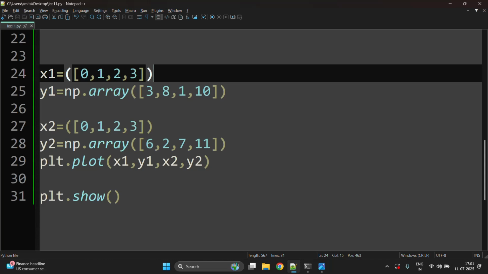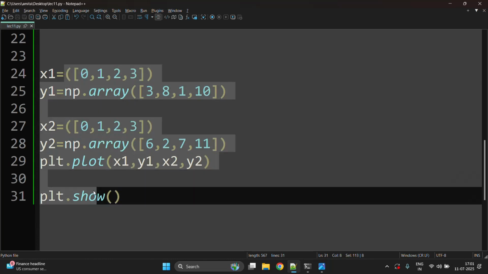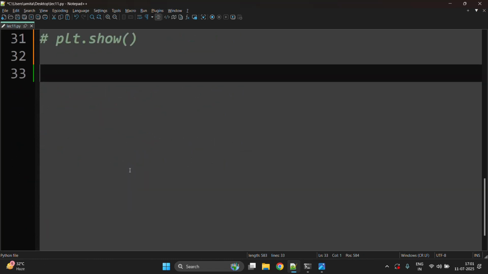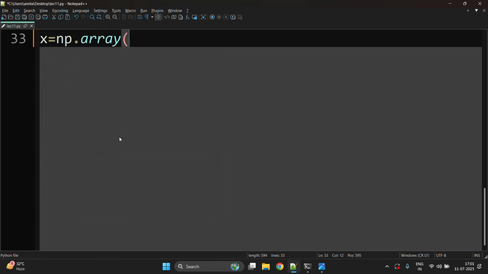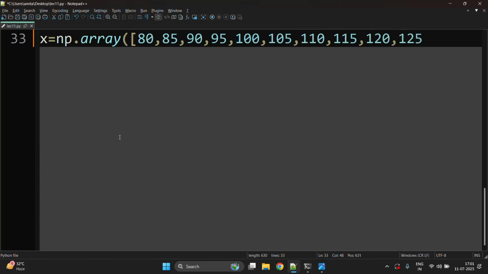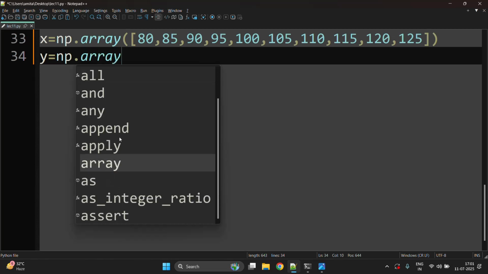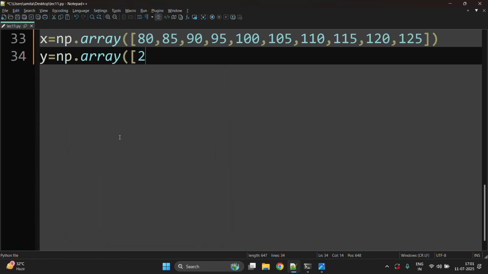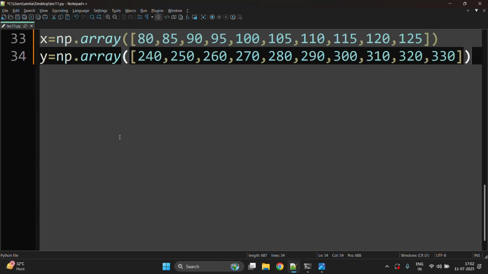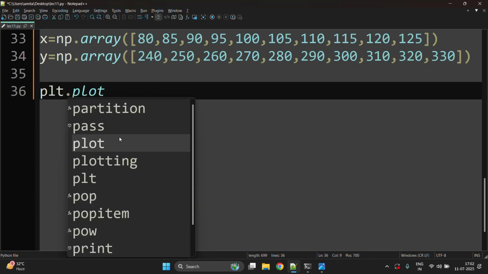Now if we want to add a plot title and labels to the x and y axis, then let us take some other data. So for example, x is equal to np.array, 80, 85, 90, 95, 100, 105, 110, 115, 120, 125, and y equals np.array, 240, 250, 260, 270, 280, 290, then 300, 310, 320, and 330. If we plot this, x comma y,